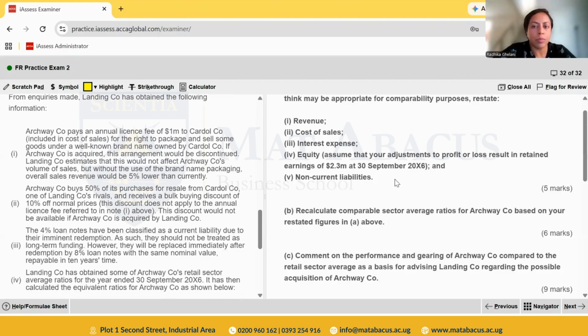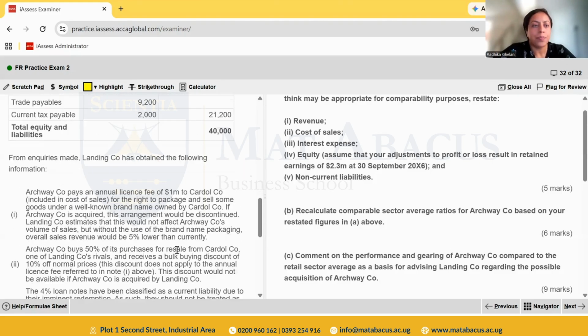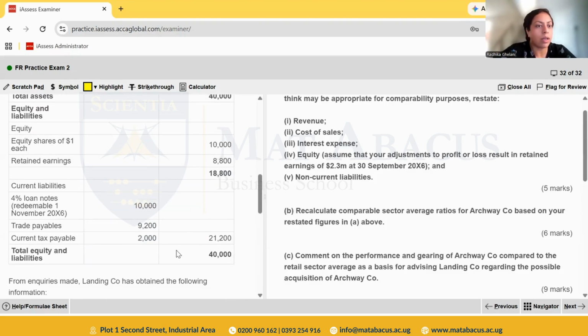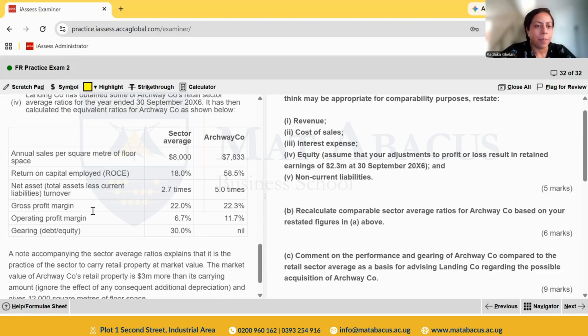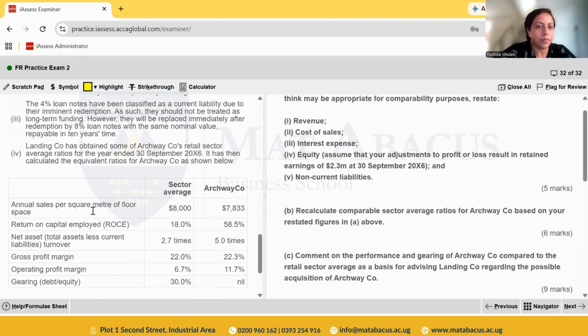And they've also asked you to compute non-current liabilities. So remember that right now there is no non-current liability in the SOFP given. That's because the loan notes have been classified as current. But once it's replaced with the 10-year loan note, the new loan note, obviously there'll be non-current liabilities. So keeping that in mind, moving on, they've said the lending company has obtained some of Archway Company's retail sector average